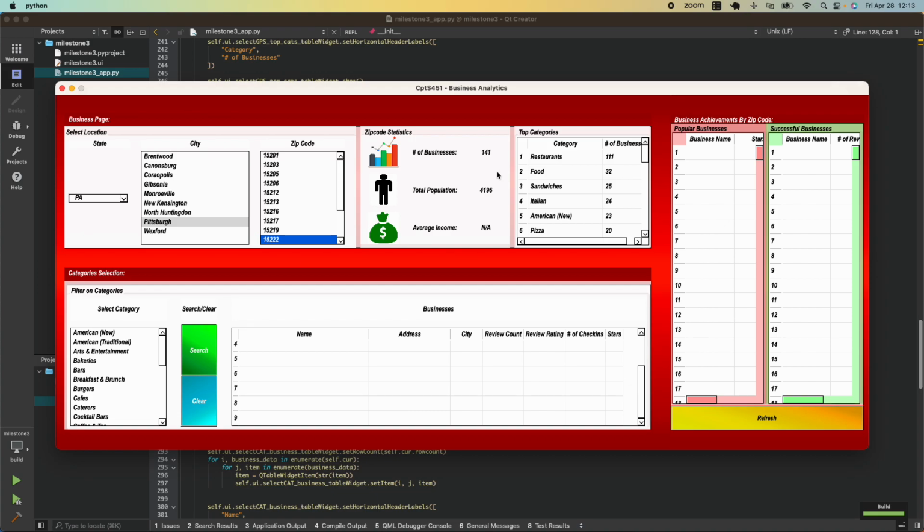There are 141 businesses in this zip code in its entirety. The entire population of the zip code is only 4,196. Okay. And the average income is not applicable. The only reason for this is because the average income data is not fully complete for every possible zip code. So,